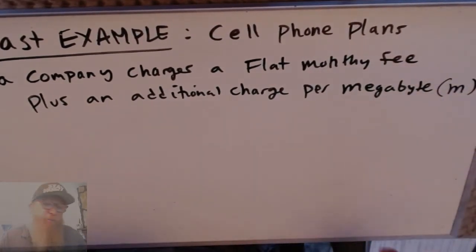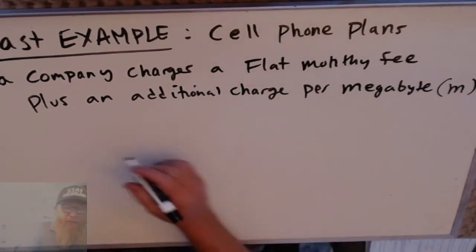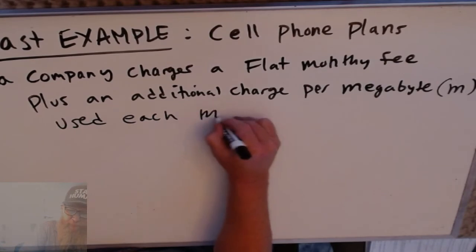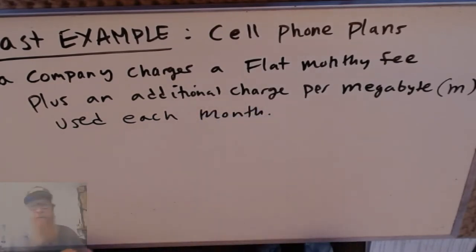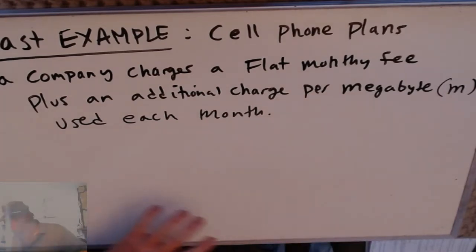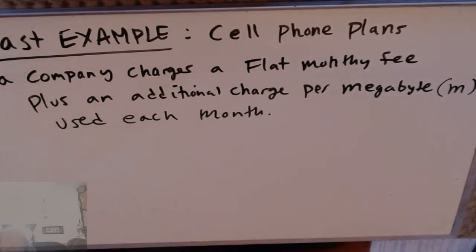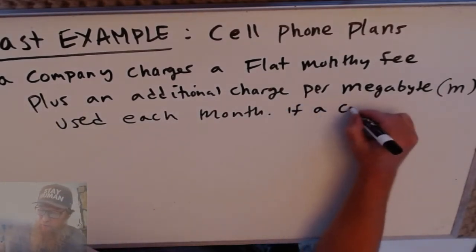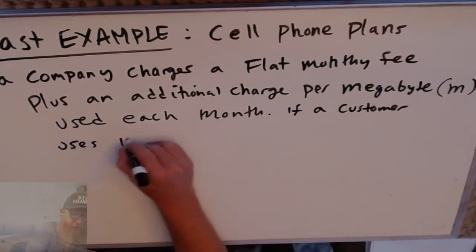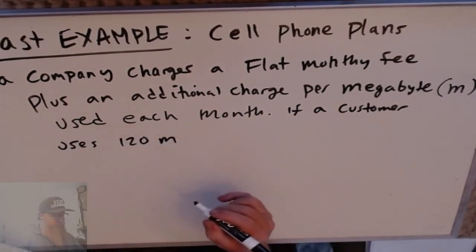I know there's probably a fancier way to say megabytes, but I'm just going to say M. Per megabyte used each month. So I'm assuming it's not an unlimited plan, okay? So they're giving us a few pieces of information. If a customer uses 120 megabytes,